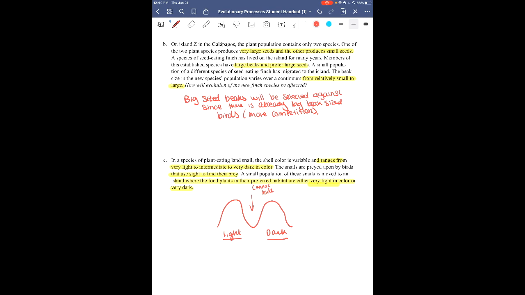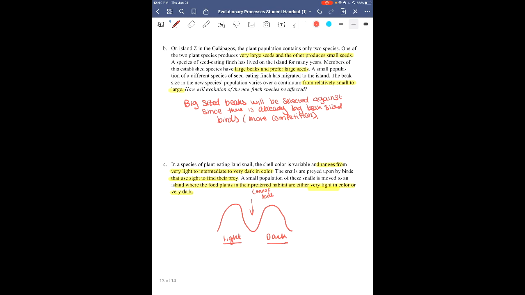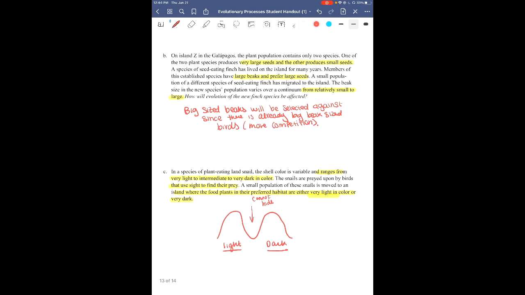So in question B, when you say competition, you mean competition for mates, not food, right? Yeah, so in part B, we're looking at the seed sizes. So yes, more competition when it comes to food. Wait, sorry, I misheard the question. You're saying you mean competition for mates, not food, right? No, sorry, I do mean competition for food because